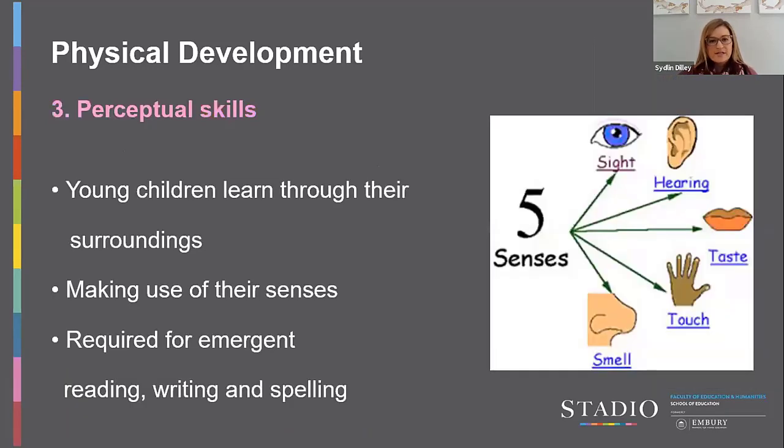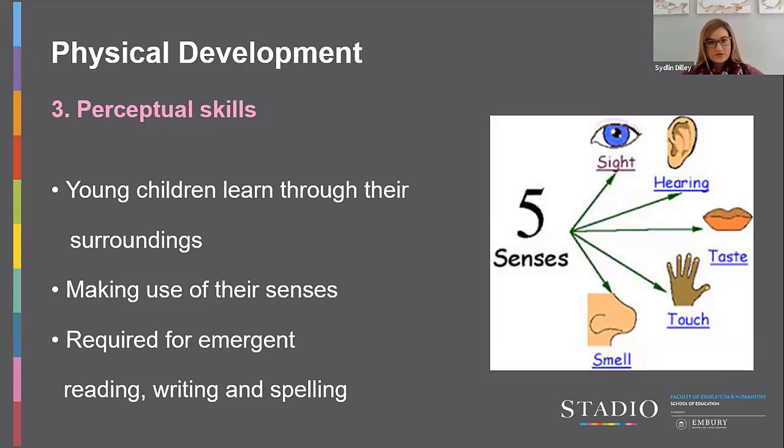Right, and our third type of physical development is the perceptual skills one, which we mentioned earlier. So in the perceptual skills, children learn about the world around them by using their senses and relating this information to what they already know. So the development of perceptual skills is very important, and it lays the foundation for emergent reading, writing, and spelling skills. So you can see here that physical development is very important for cognitive development and skills in other areas